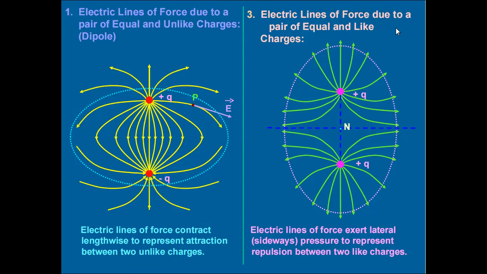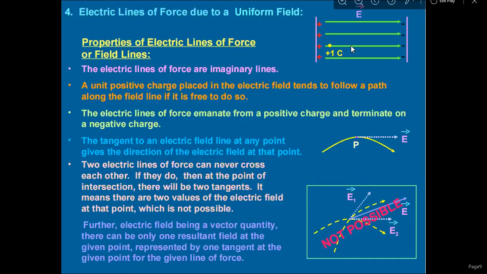Electric line of force due to a field of equal and like charges is like this. So electric lines of force exert lateral pressure and represent the repulsion between two like charges. So, electric lines of force due to a uniform field. We can discuss this in a broader way, the properties of electric lines of force, which is very important for you. The electric lines of force